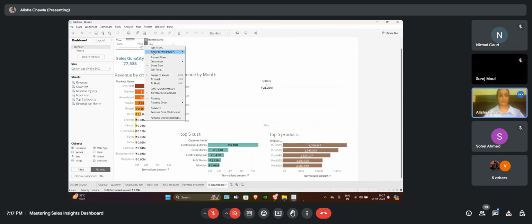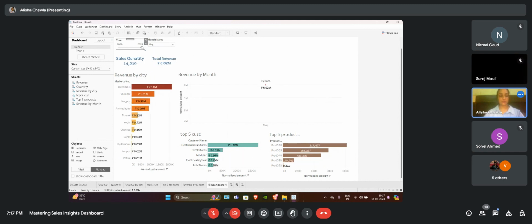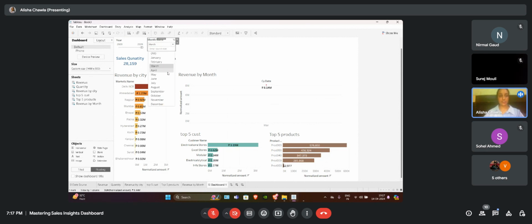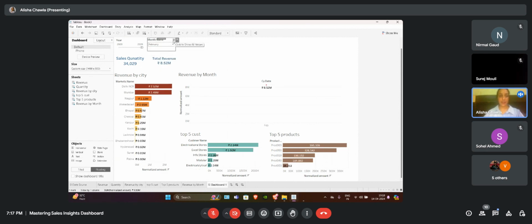Same thing we have to do for the other filter. Now if we change anything, it will change all the charts in our dashboard.